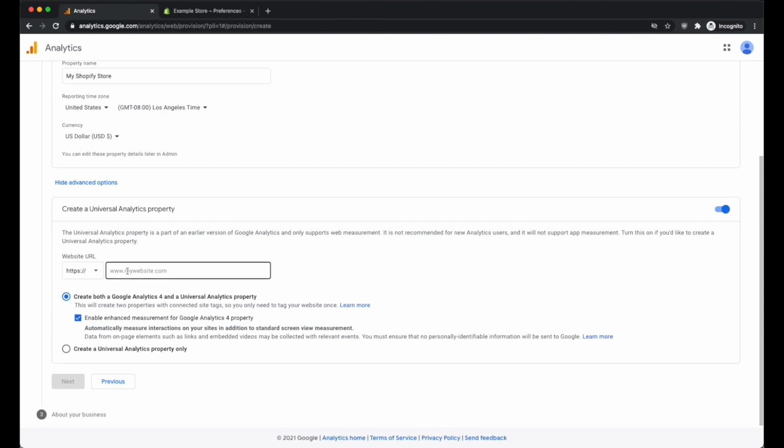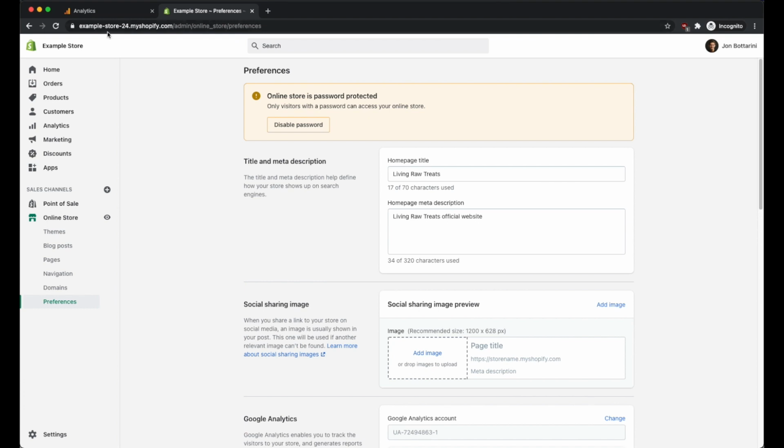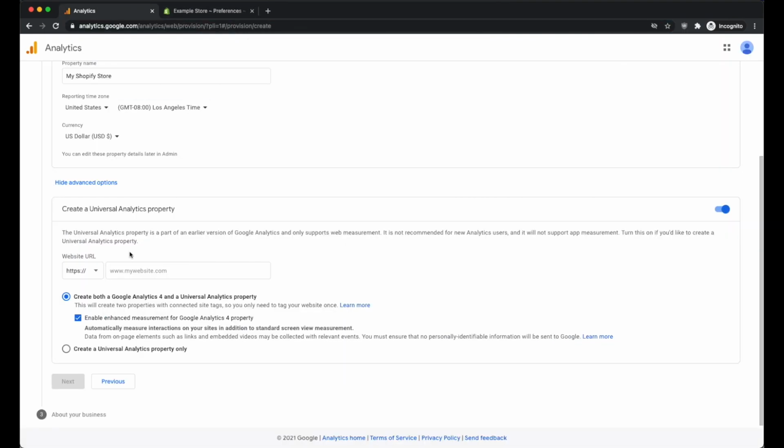So next, I want to paste my website URL. So I'm going to go into my Shopify store. I'm going to copy my URL. And then I'm going to paste that within this box here. I'm just going to remove the HTTPS because that's already included, and the trailing slash at the end. Now I'm going to click on Next,